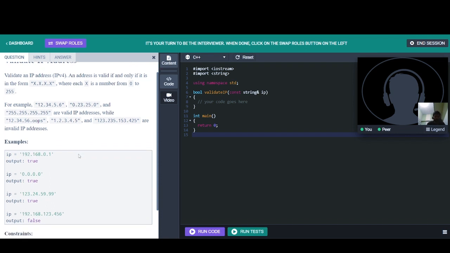Got it. Okay. What I would do is, given an input such as this, split the string into an array of strings. So this would be split into 12, 34, 5, and 6. Then I would check if each string is a number, since it could be not a number. I'll check if each value is from 0 to 225. Also, I'll make sure that for an input like this one, which has more than 4 parts, the split would be 1, 2, 3, 4, and 5. So I'd first check if there are 4 parts, and then check if each of the parts is a number between 0 and 225. Does that sound good? Yeah, that sounds good.